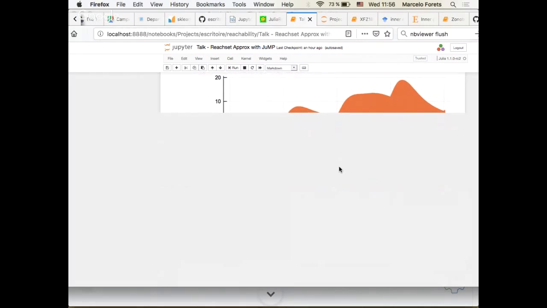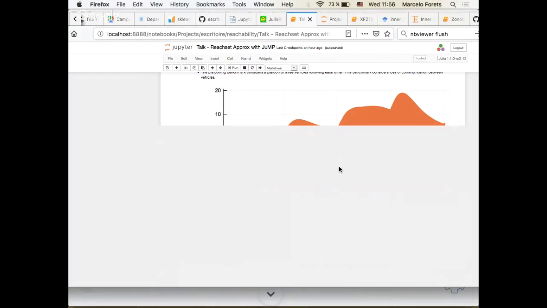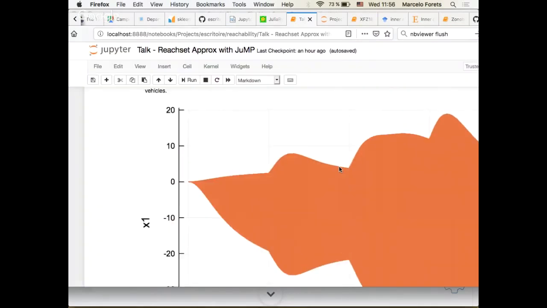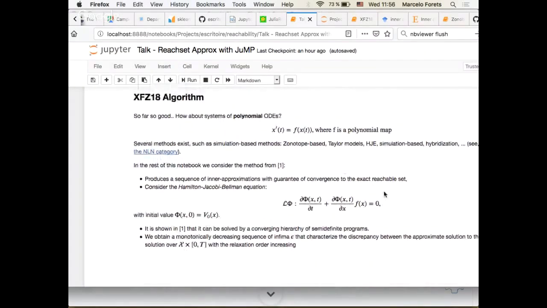Now, what I talked about so far is about systems of affine ODEs. Now the question is, what can you do with systems which are polynomial? There are different methods that people have developed, and the method that I will continue with in the rest of the